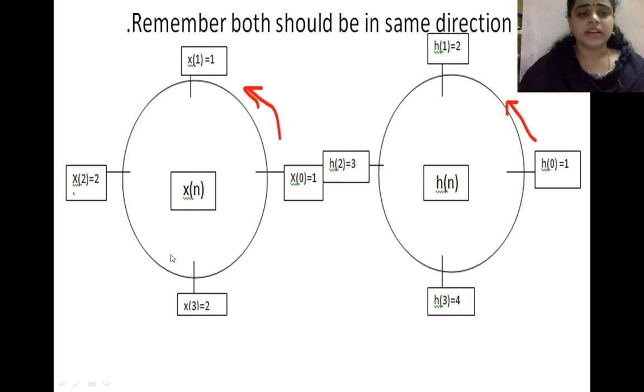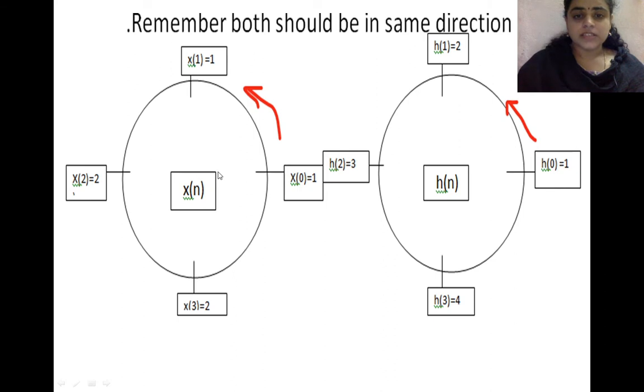This is a circle, okay. We are having 4 samples. So the circle has to be divided into 4 equal parts, 1, 2, 3 and 4. Next, from here it always starts from the right point. From here we have to mark x of 0, next sample x of 1, x of 2, x of 3. Like that x of n is represented over the circle, okay.